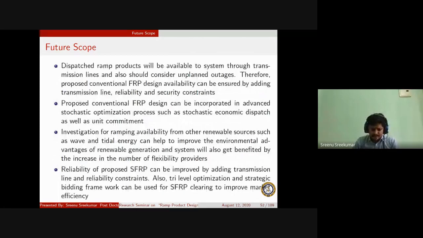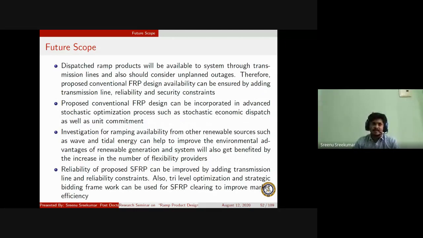Another thing: the dispatched FRP will reach the system through transmission lines. Here transmission line constraints are not considered, so we have to consider that for ensuring reliability. And also unplanned outages we have to consider. So we can add transmission line reliability and security constraints. And the proposed conventional FRP can be incorporated in advanced optimization, such as stochastic economic dispatch and stochastic unit commitment. And also we can investigate more ramping availability from other renewable sources such as tidal and wave energy,